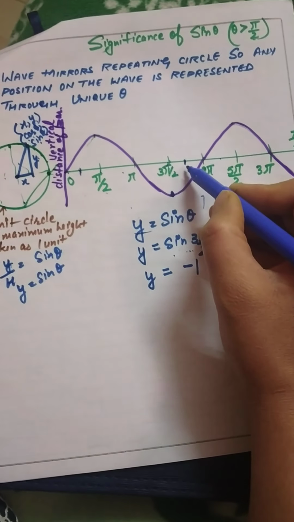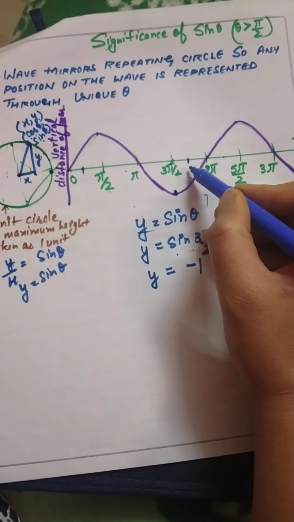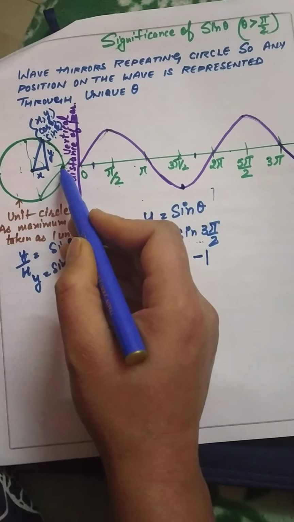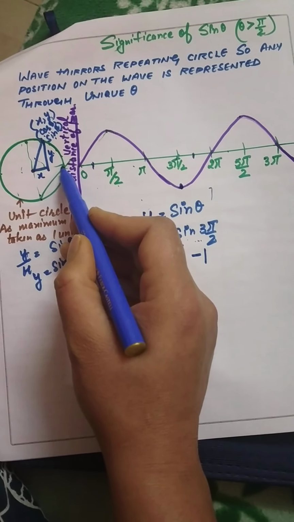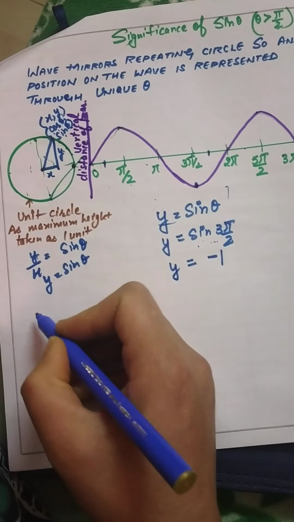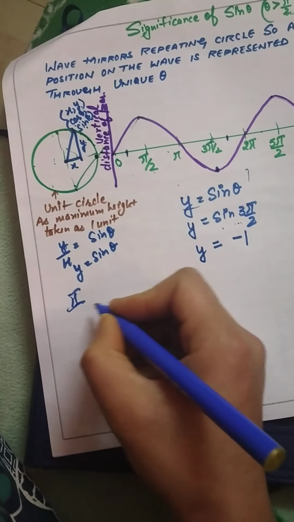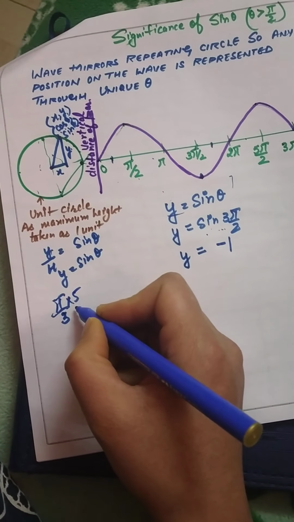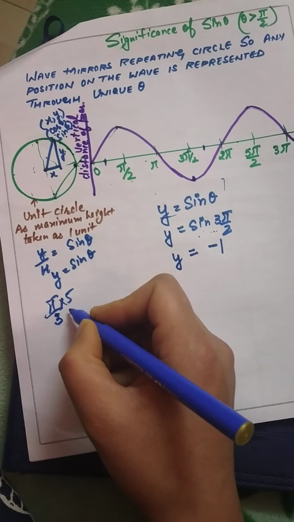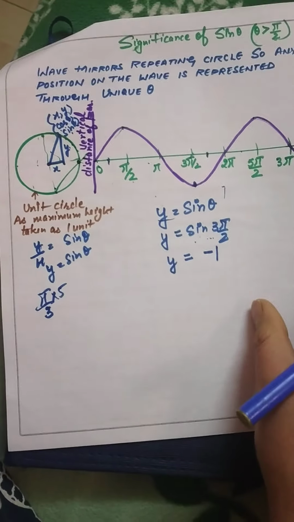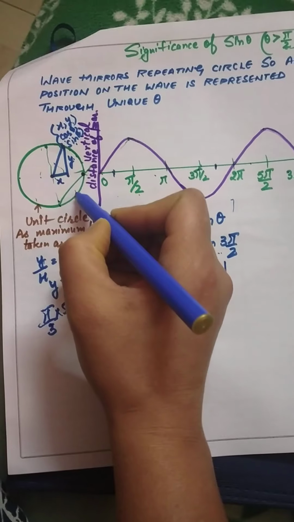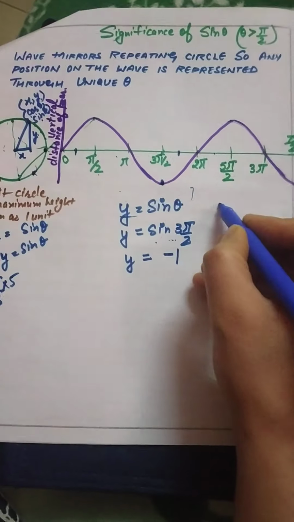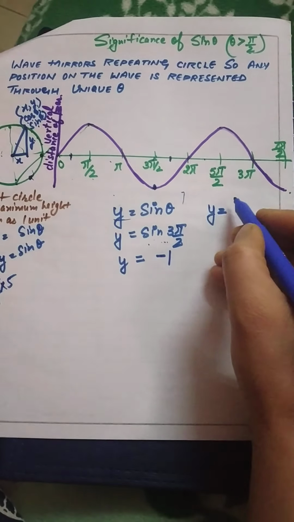There is one angle after 3 pi by 2, obviously. One more angle between 3 pi by 2 and 2 pi. Okay, we can call it pi by 3 into 5, 300. Yeah, so one more angle is here, which is 5 pi by 3. It's somewhere here. Okay, so 5 pi by 3